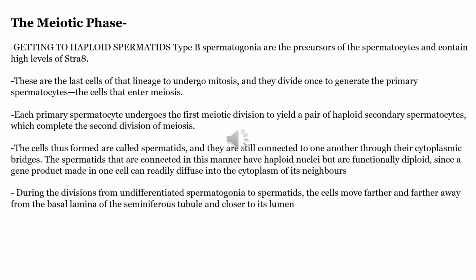In this slide, once type B spermatogonia is produced from type A spermatogonia, it gives rise to primary spermatocyte, again by mitosis, and it is this primary spermatocyte that will then enter the meiotic phase. Fine. Then it will produce secondary spermatocyte, then spermatid, and spermatid then differentiates to form sperm. As I have already mentioned, all these developmental stages move towards the lumen. Fine.